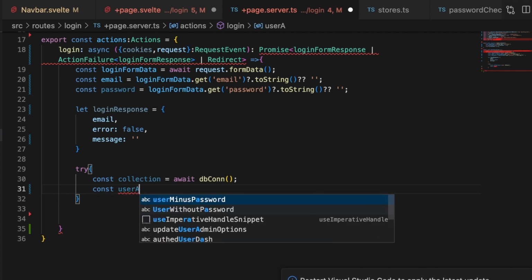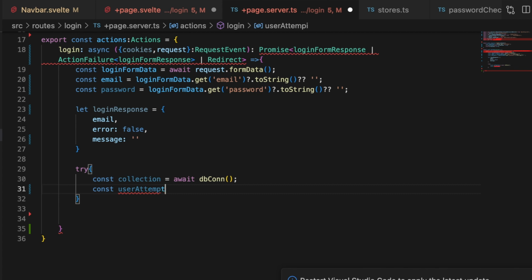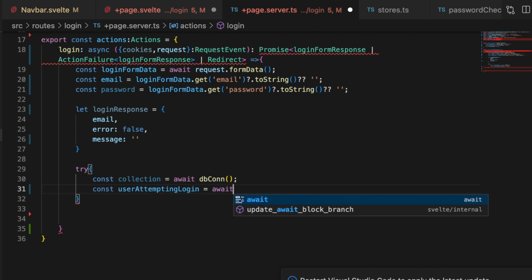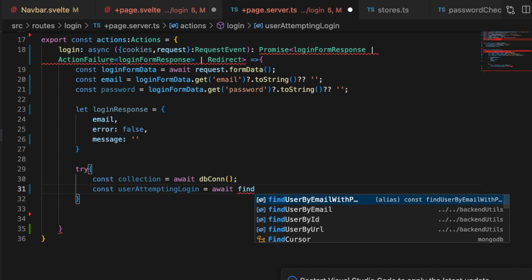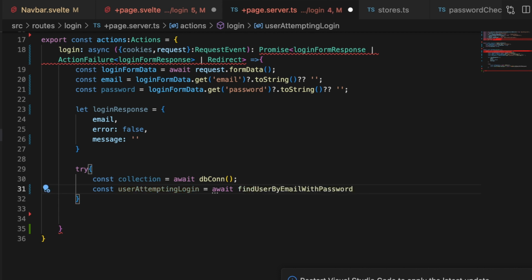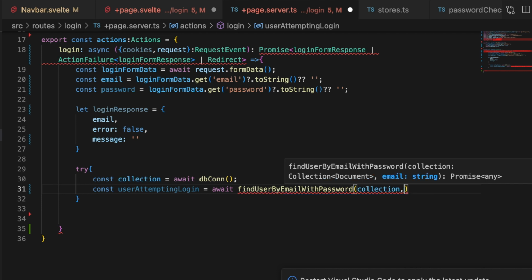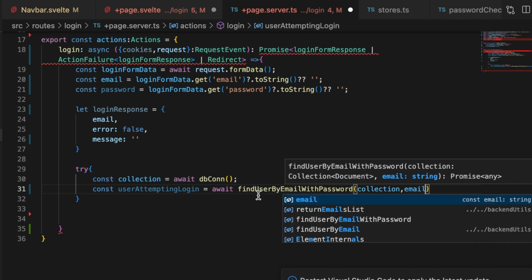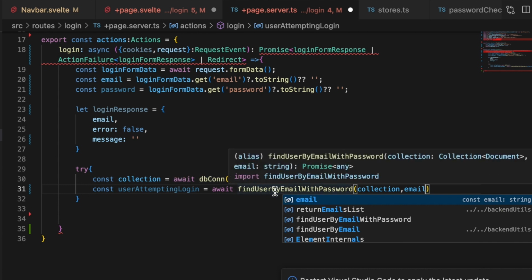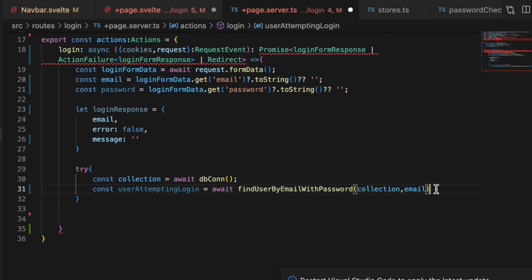Const user attempting login equals await find user by email with password, and we're going to send that collection and the email from the form. So this is going to go into that collection and attempt to find the user by that email,